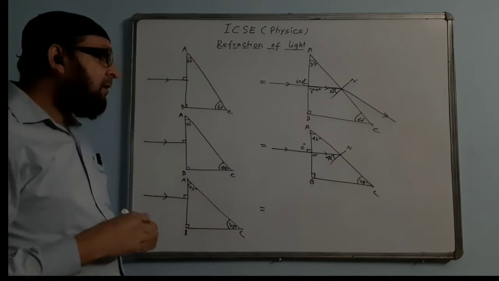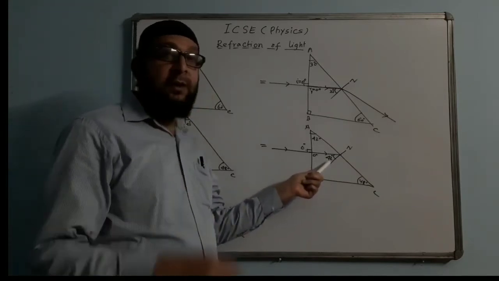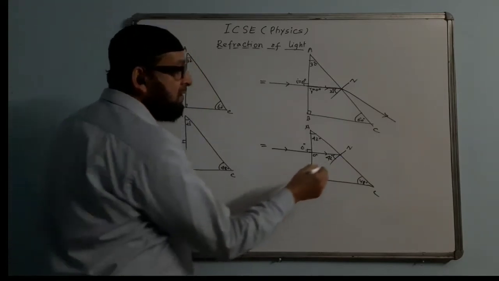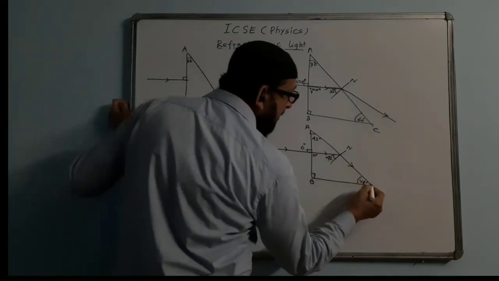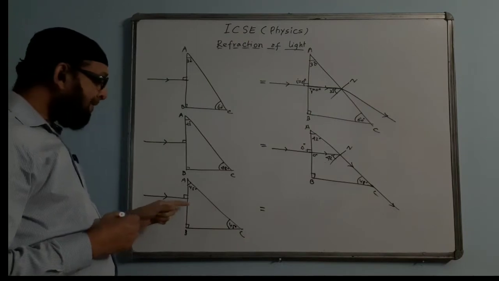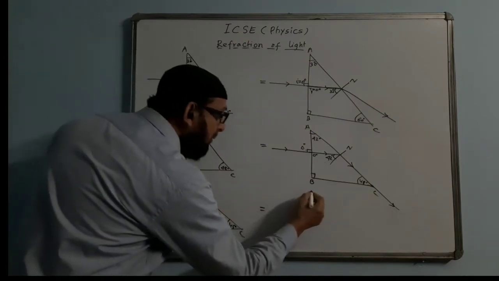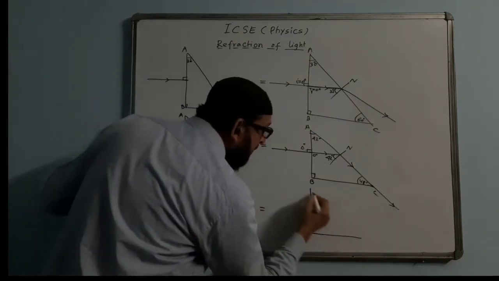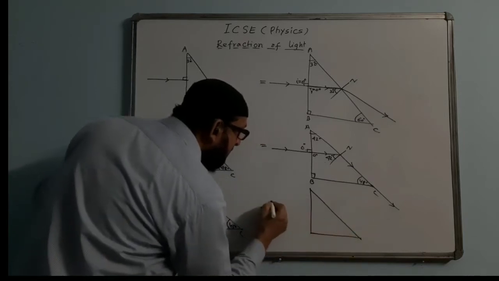Now we see the angle here 42 degree, which is equal to the critical angle. That is, the ray will just touch the surface and go like this. The ray will just touch and go in this manner. See the third diagram. Third diagram, how we can complete. The ray is coming like this.